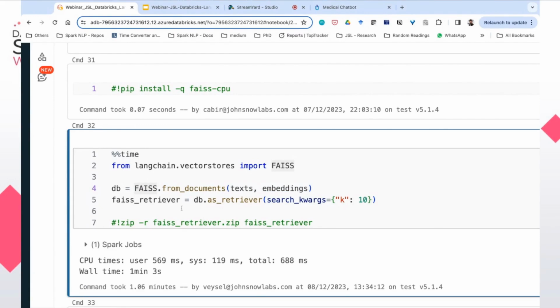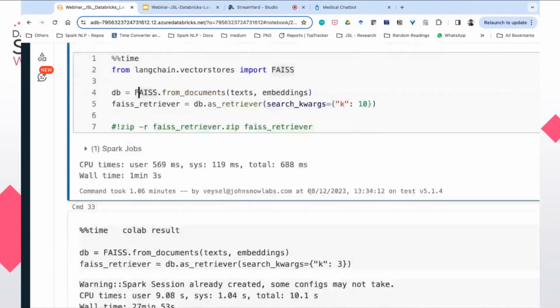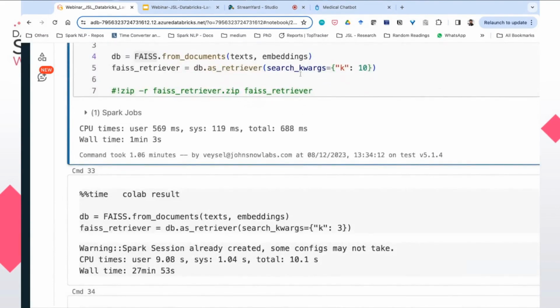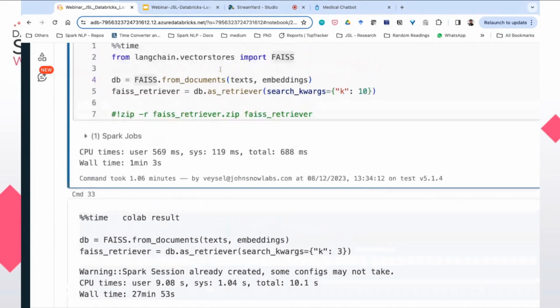Then I'm going to use this vector DB as a retriever. The retriever is where you retrieve the information given the embeddings of your query. So now I said, okay, return top 10. Return top 10 means return the top 10 similar splits from this vector DB given the embeddings of my question, my query. Then if you want to save this, for example,